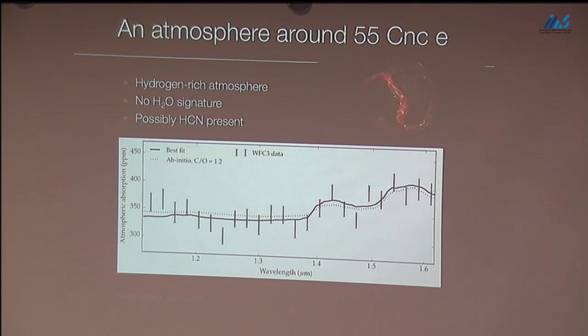What to me is quite interesting is that this observation seems to suggest that there is an atmosphere around this planet, and also that it might be hydrogen rich. Yes? If you have hydrogen, the light element, around a planet that is very close to its star, how can it keep that? Well, this is actually more a question that I would ask David, because